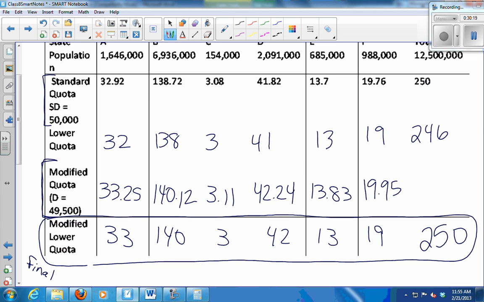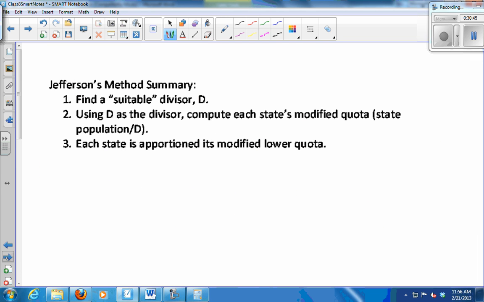Okay, so the question is, how did I come up with 49,500, right? My only guide is that I needed to choose something smaller than 50,000. You say, okay, it has to be smaller than 50,000. I could have chosen 49,999. Would not have worked, right? There's a range of values that will work, and you have to narrow in on it using this little guide